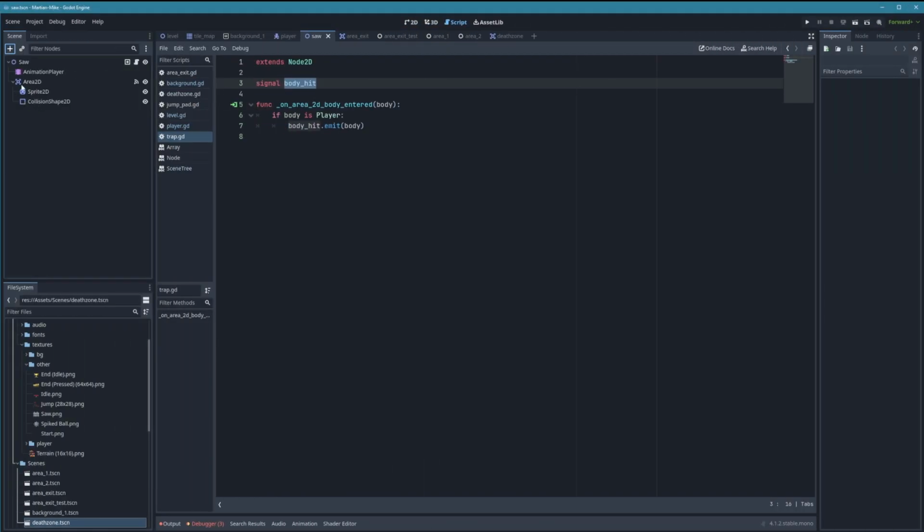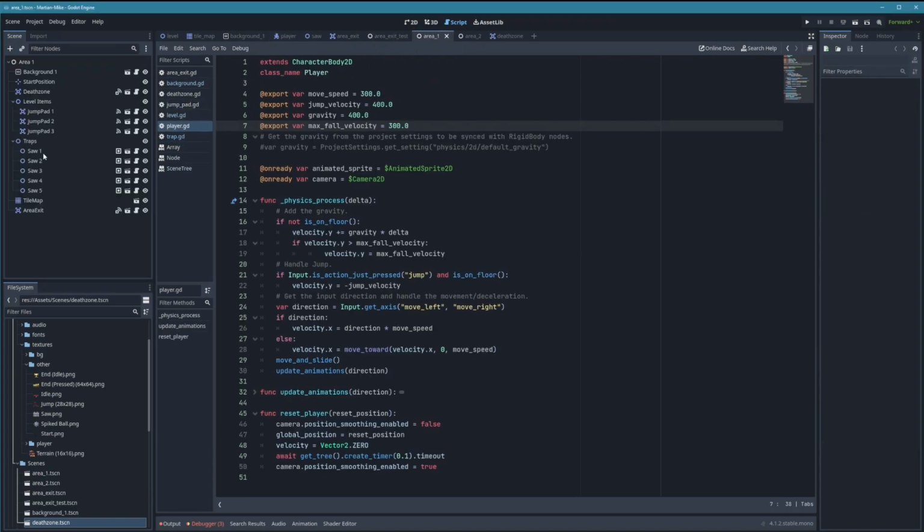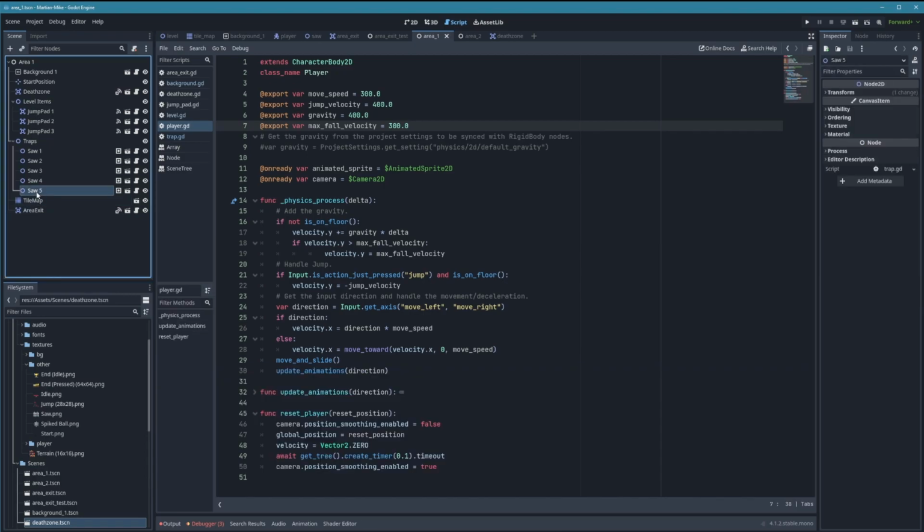Another thing I like is the node system. It did take me a little while to get used to it, and I don't think I fully understand yet how nodes and scenes are handled when the game is running, but I really like it. I feel like it is really intuitive and it works really well, and I feel like I'm getting better at using it, which is really, really nice.